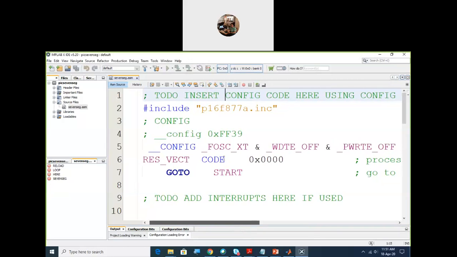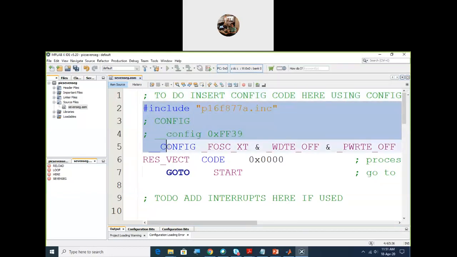So the "to do insert" comment is available in the skeleton itself, कि configuration word जो है, here you have to insert that configuration word. Already I have opened the existing project, so this configuration word is available here. In the previous class also I gave you that information.